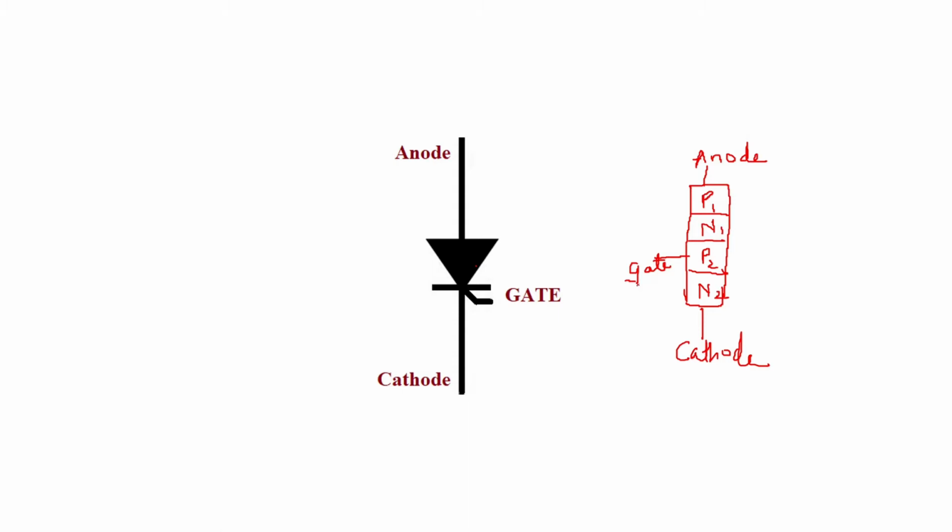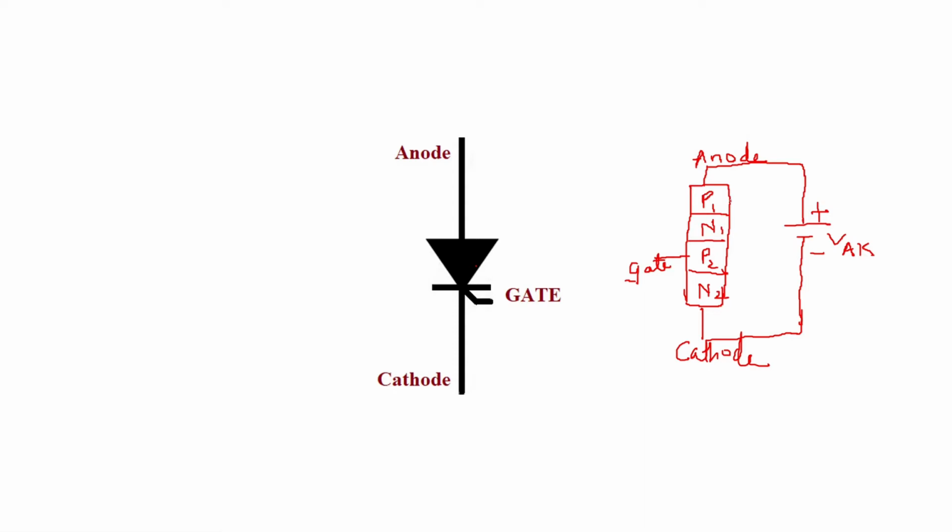Then after this symbol and structure, we need to know what we mean by forward bias. Forward bias is a condition where the anode of the SCR is made positive with respect to the cathode of the SCR. So this is the cathode of the SCR. Here you can see this is plus, this is minus, this is the voltage between anode and cathode. So when the anode of the SCR is made positive with respect to the cathode of SCR, it is called